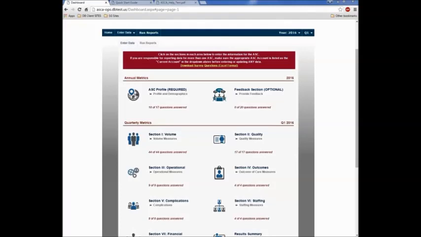It's not necessary to start in a specific place or proceed in a specific order. You can log in and out as often as you like during the data collection period and enter your data. This survey collects demographic information annually and key clinical benchmarking operations data quarterly related to volume, quality, operations, outcomes, complications,